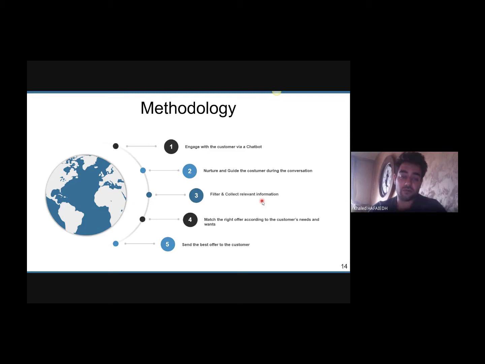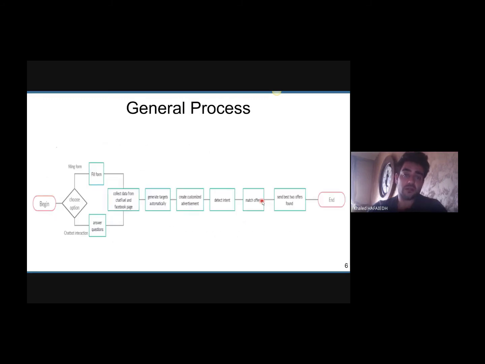As we said, we will be sending the best two offers, which have the best scores, to the customer. So here is the general process. First, we begin by giving the customer the option to choose either filling a form or using a chatbot interaction. In both cases, he will be giving some information about himself. Then we'll be collecting data from Chatfuel and the Facebook page. We'll generate targets automatically, create customized advertisements,